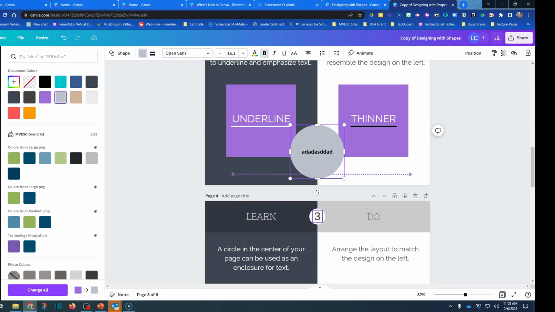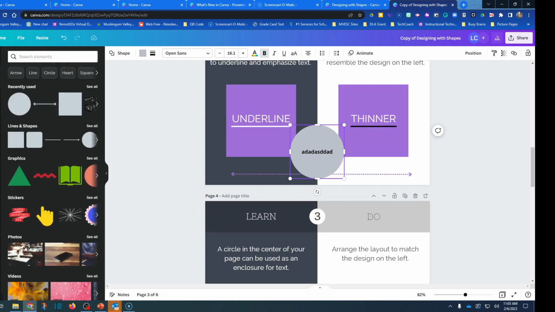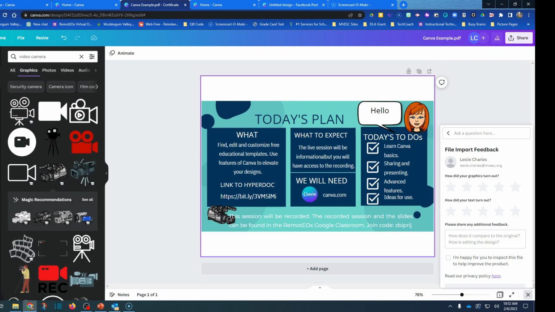So lots of good stuff with new shape features, able to change the colors, the weights, the lines, and make them work for the document that you are using. So pretty cool features, some new stuff, and obviously have all the old features as well. Makes your life much easier.